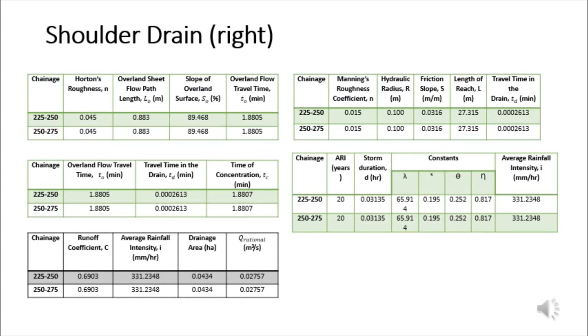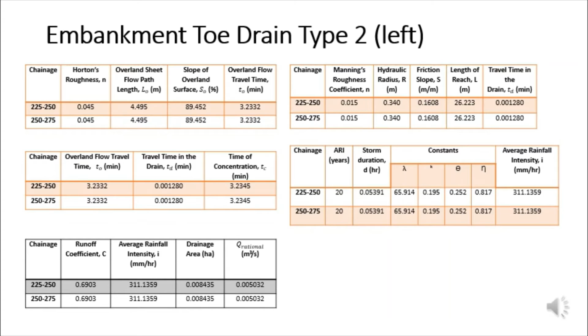0.02757. For our left side toe drain, we find it in the channels 225 to 275. And the L0, S0, S, and L for our toe drain are found in the plane profile. Then we do the same calculation to calculate the T0, TD, TC, I, and Q rational. And the Q rational of the left side toe drain is